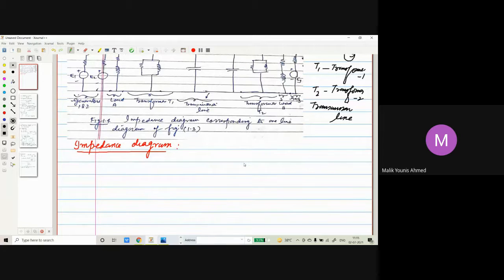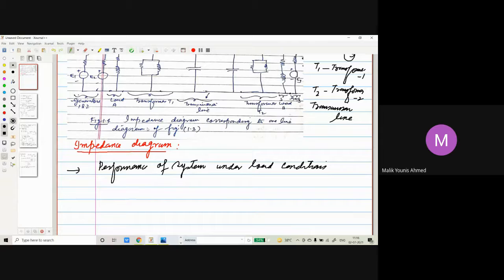So in order to calculate the performance of the system under load conditions. So if we have to calculate performance of system under load conditions. Okay, then what we need to do,